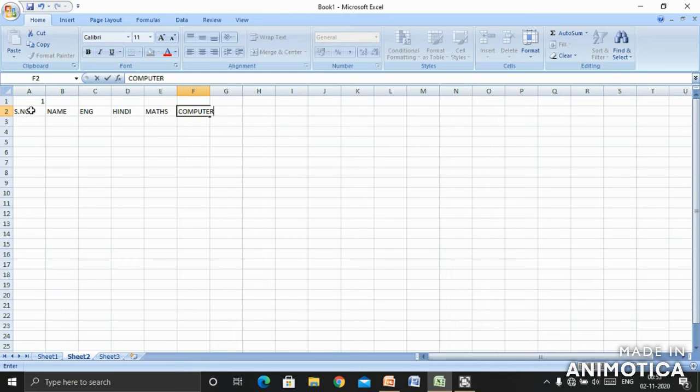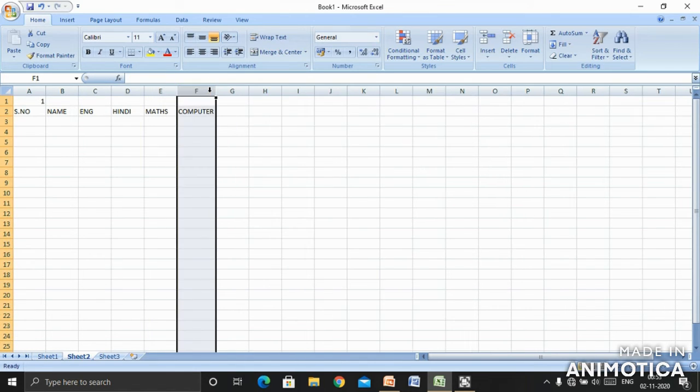Computer. You can see here the letter R is exceeding the column. So to increase the width of the column, what will we do? See here, simply double click on this. Wherever you want to click, or with the help of this four-headed arrow you can also do it, and by double clicking on the lines you can increase the size of the column.